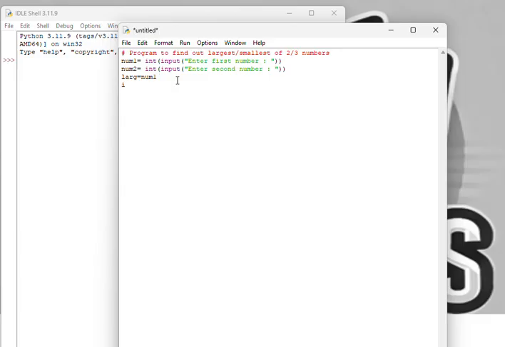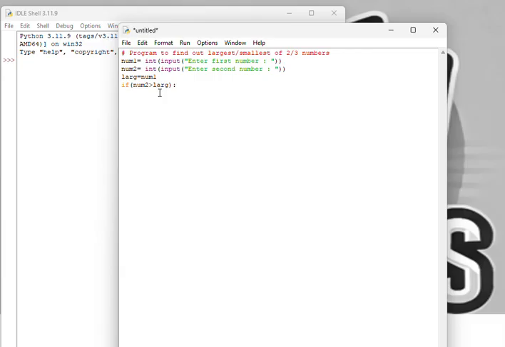Now, we have to go with the condition check. If num2 is greater than large, if the value of num2 is greater than large, it means num2 is the largest one. Am I clear? We have initialized.